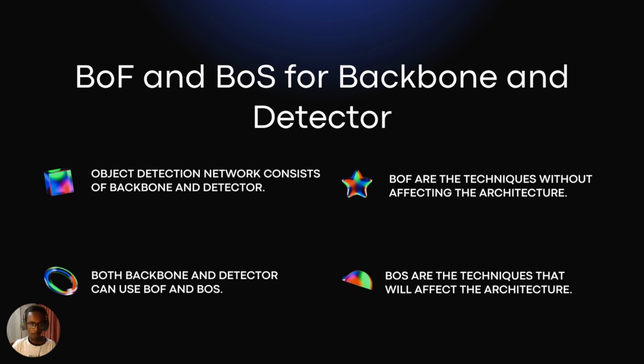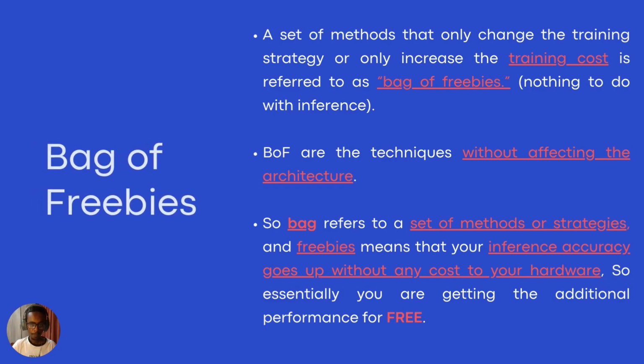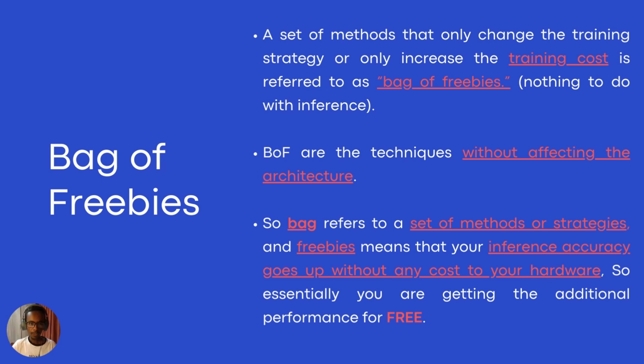The Bag of Specials are the techniques that affect the overall architecture. If any of the modifications involve an update to the architecture, then we group them as Bag of Specials. Let's delve into them a little bit more so that we can understand